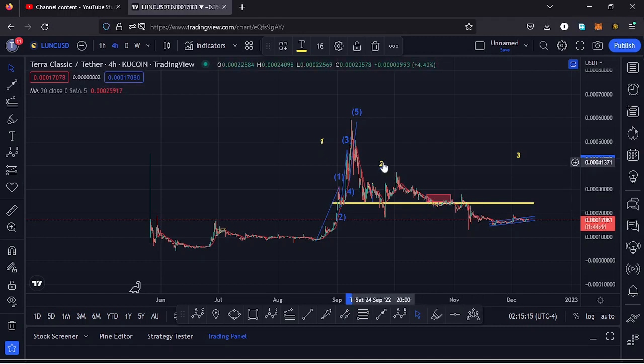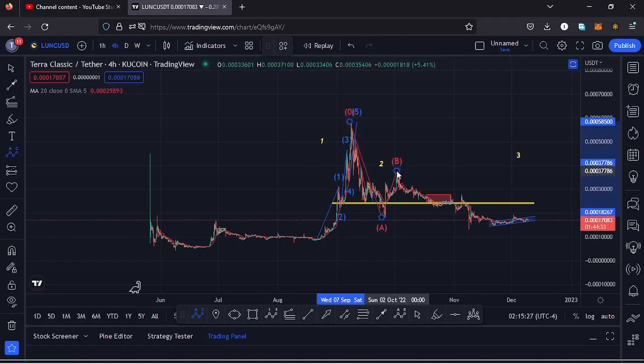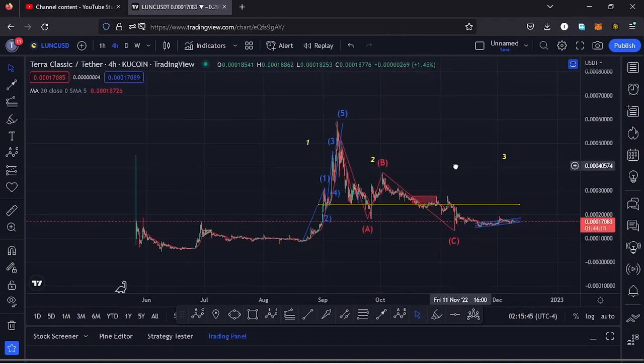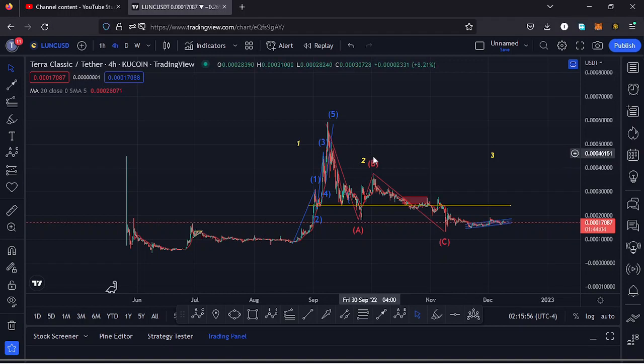And in the formation of a second wave, which is a corrective wave, we also expected to see an ABC corrective structure, and I believe we are seeing such a structure right here, having this as the wave A. Then we have seen the formation of that wave B, then we have seen the formation of that wave C, which has fully maximized the formation of that higher Elliott wave count 2 by giving us a new low at around the $0.000013 mark. And after seeing the formation of a higher Elliott wave count 2, whatever we expect next is a bit of a bounce to the upper side in the formation of a higher Elliott wave count 3, and that is my long-term scenario that I'm expecting to play out here on the Lunc chart after making that low in the formation of a higher Elliott wave count 2.